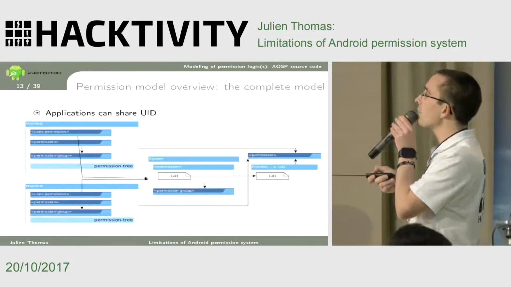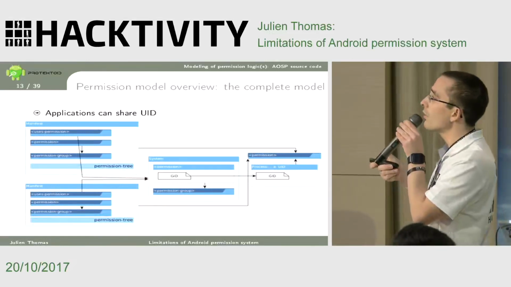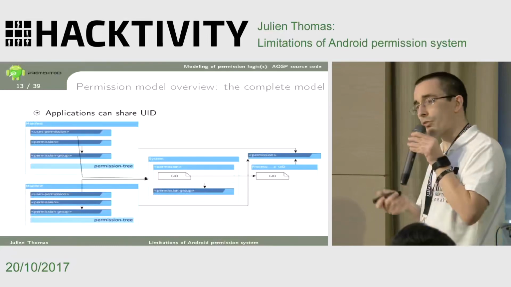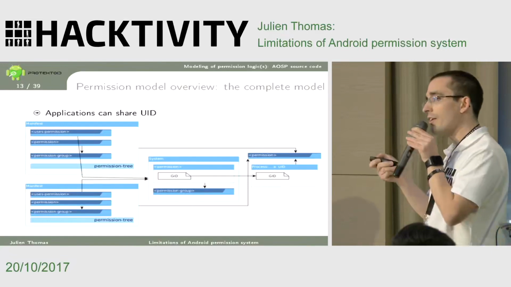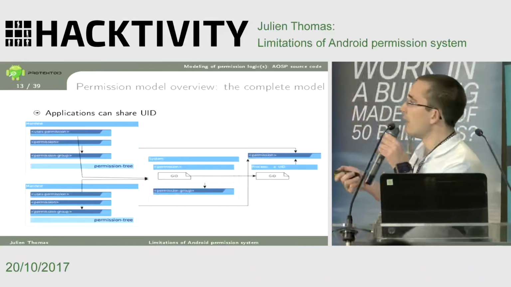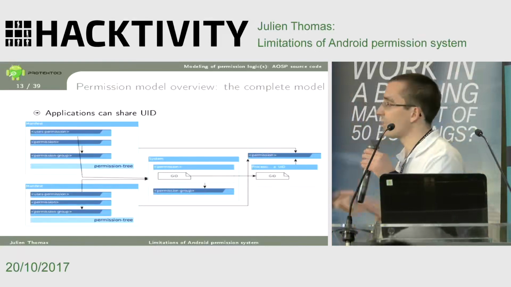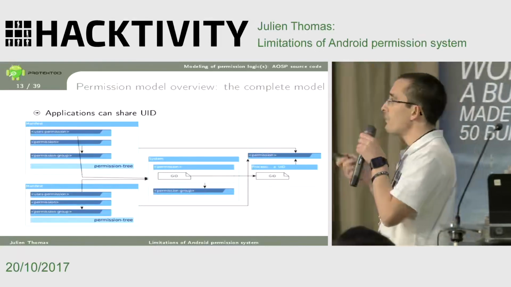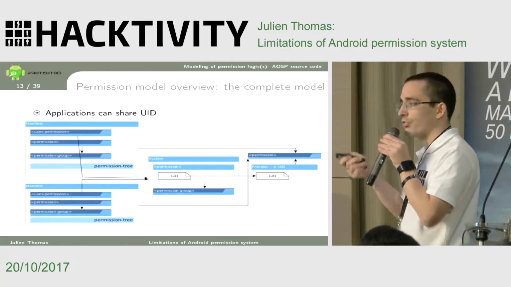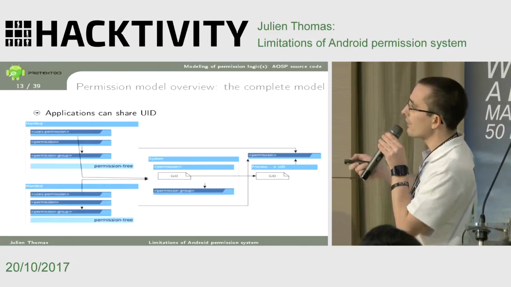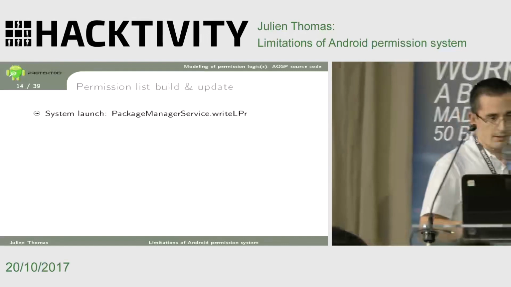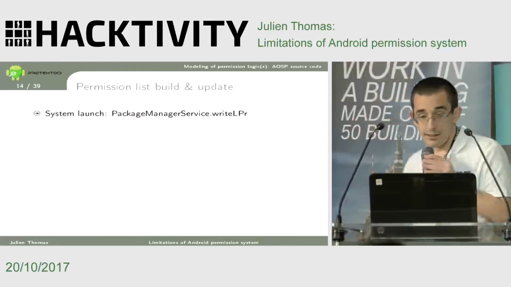What we can see here is that we start to have something complicated. It would be easy if we had one application that uses a system permission that is granted to that process. But because of the shared user ID, you can have multiple applications that interoperate together and use system permissions together because they share the same user ID and are granted the permissions. So here it starts to be much more complex than a simple application that at install or at launch gets granted something. You first have to work on the cooperation between the definitions of multiple applications. And we will see that's not that easy.